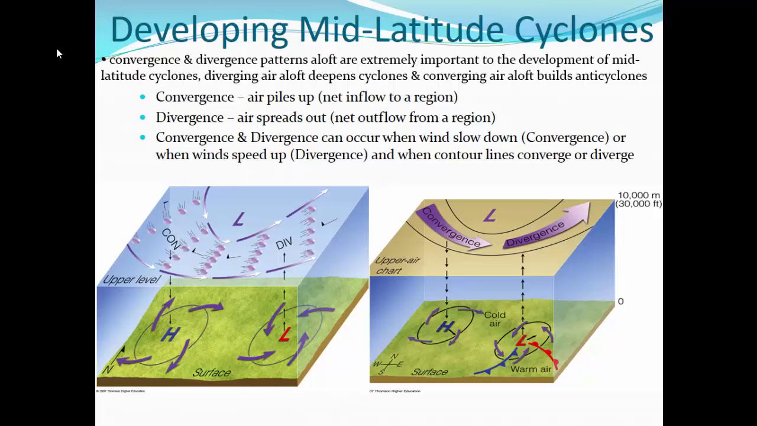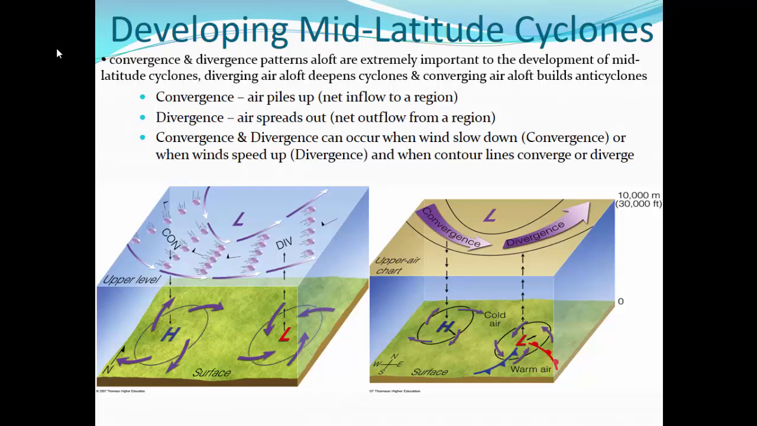And then on the left side where it says converging air, that builds an anticyclone, or an anticyclone is created. So convergence is where air piles up, net inflow to a region, and divergence is where air spreads out, net outflow from a region. So convergence and divergence can also occur when winds slow down or when winds speed up, or when those contour lines converge or diverge. And so the chart on the right is just a very, very similar situation, just a more simplified view with